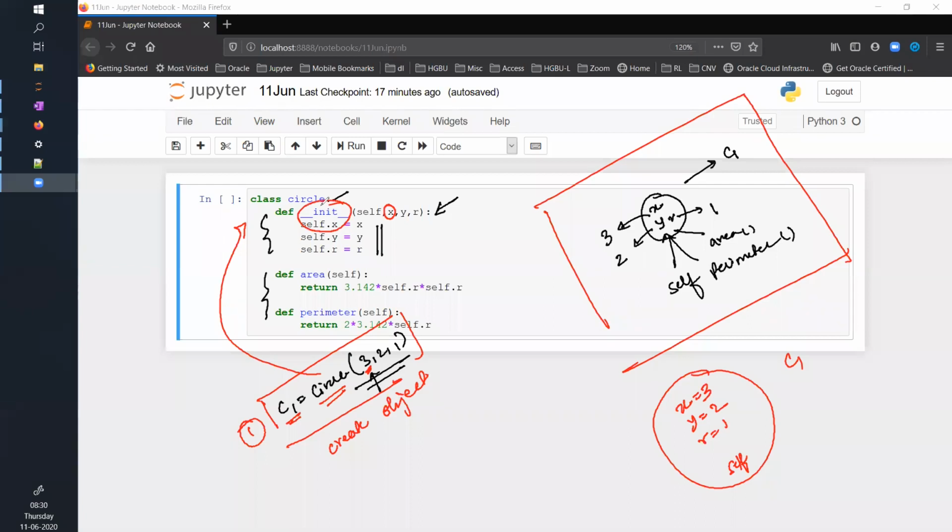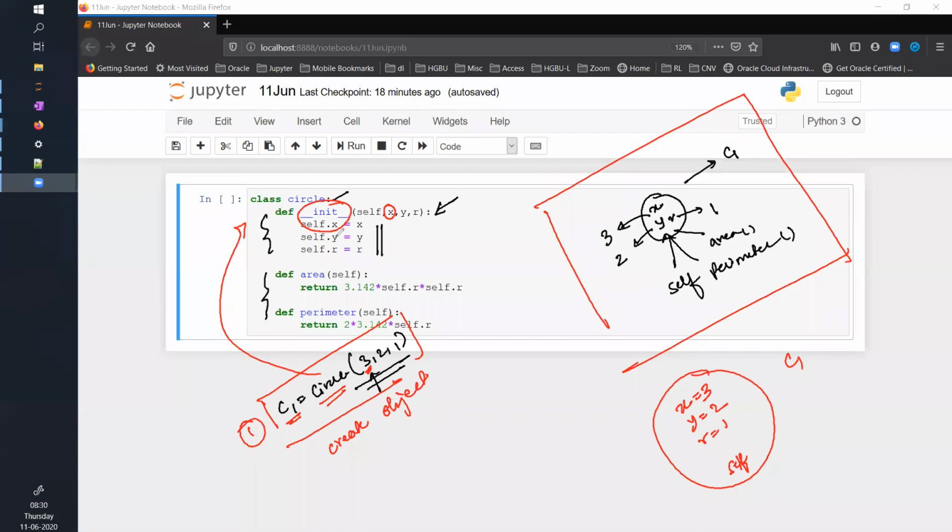Sir, in place of integer, if I want to take a string value, then how can I do that? Yes, sir, that is also possible. You can take any values. I told you, Python is a dynamically typed language. Whatever data type value you are assigning to self dot attribute name, automatically that value will get assigned. There will not be any problem. This code is not specific to integer values. You just try that. Try with some dummy test classes. It will work for you. Or maybe I will show somewhere.